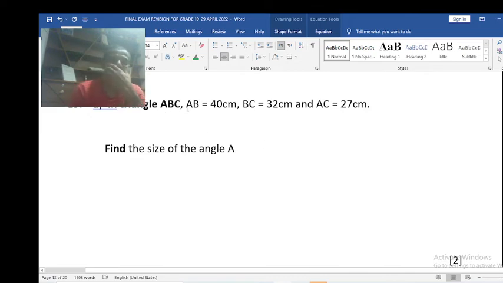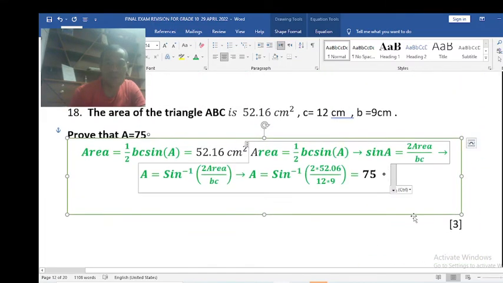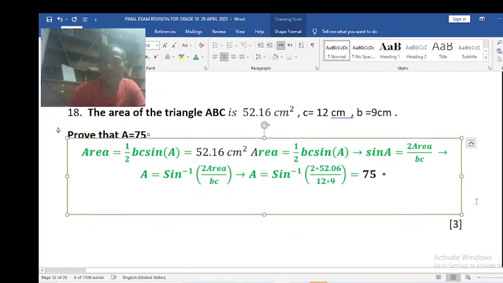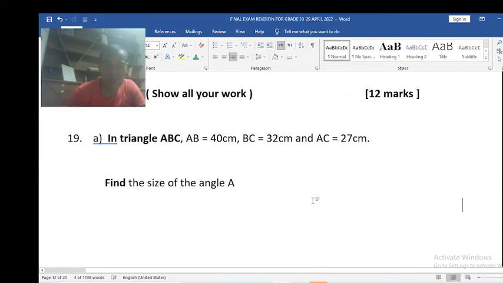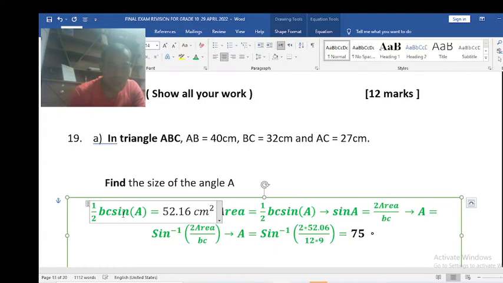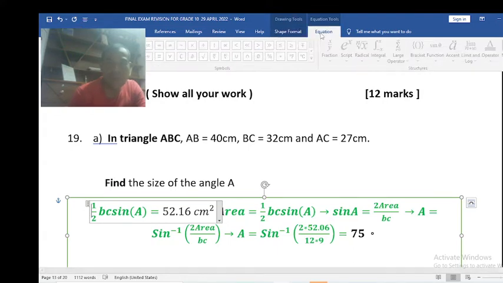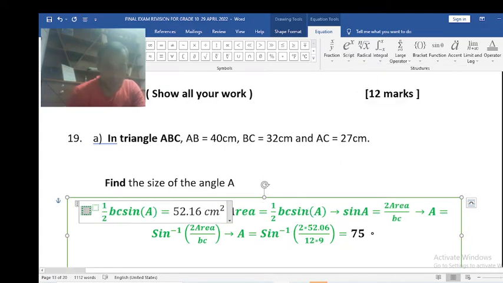In the triangle ABC, AB is 40, BC is 32, and AC is 27. Find the size of the angle. Here, of course, we'll use the cosine rule to find the missing angle. Cosine rule means I will make small a squared